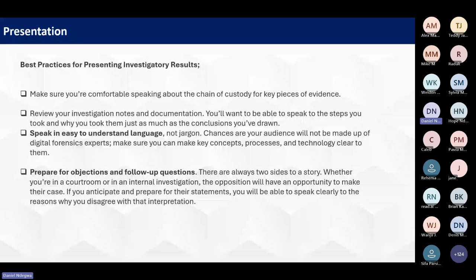Forensic investigations are ideally very complex. So if your presentation is also complex, then the different stakeholders, who would be either management, a board of directors in an organization's case, or in a court of law, lawyers and judges, most of them are maybe not technical, or their technical expertise is quite shallow. So if you're not able to speak in an easy to understand language, then it becomes very difficult to pass the message. And then also prepare